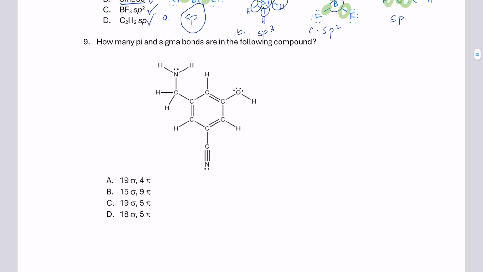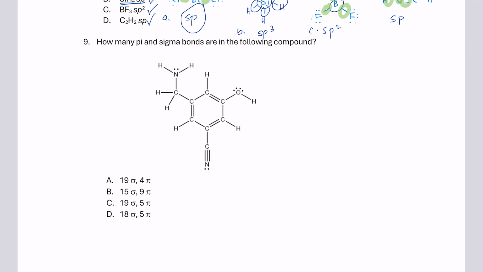Problem 9 says how many pi and sigma bonds are in the following compound. To solve this problem, we need to recall that sigma bonds are the first bond in any connection between 2 atoms, while pi bonds arise from double and triple bonds as the second and third bonds. So we're going to start by counting all of the sigma bonds in the molecule. Each single bond is a sigma bond. And then for double and triple bonds, only one of the bonds is a sigma bond, while the remaining are